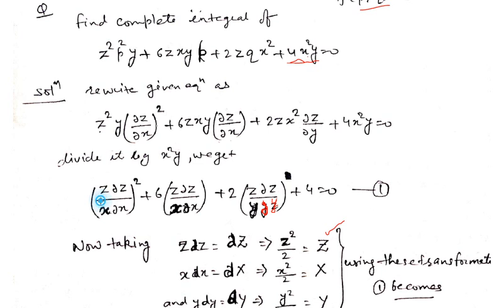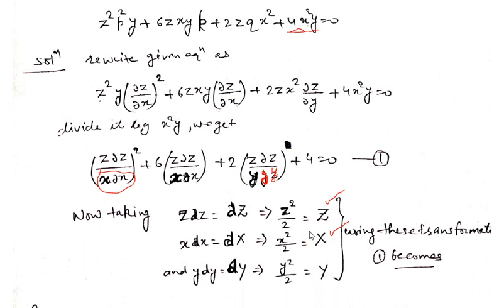Same, let's take x del x equals d of capital X. So we get x square by 2 equals capital X. So this is another transformation which converts x into capital X. And from here let's take y del y equals d of capital Y. Y dy equals d of capital Y. It gives us y square by 2 equals capital Y. When we use such transformations, the given equation converts into